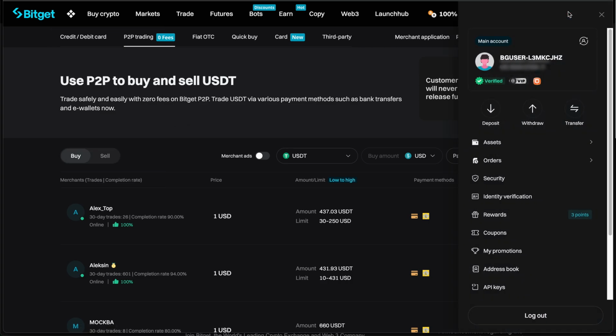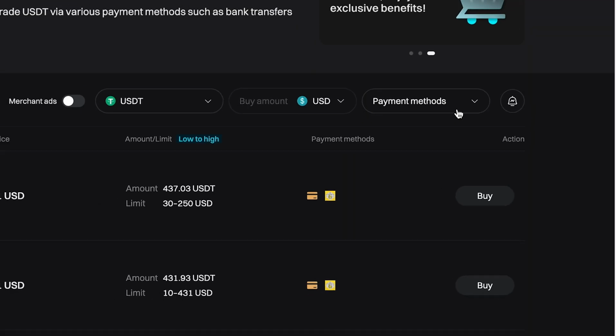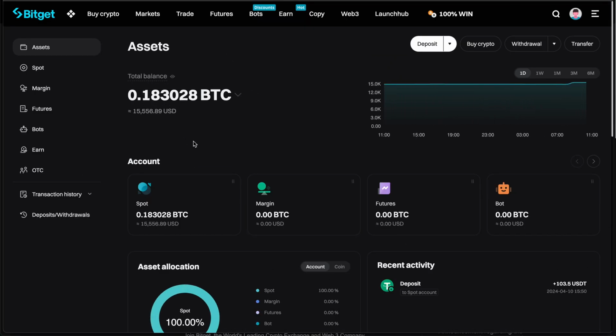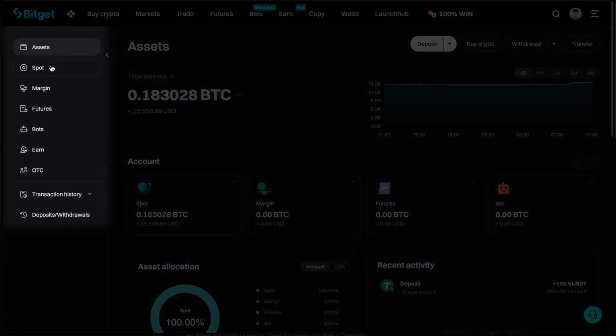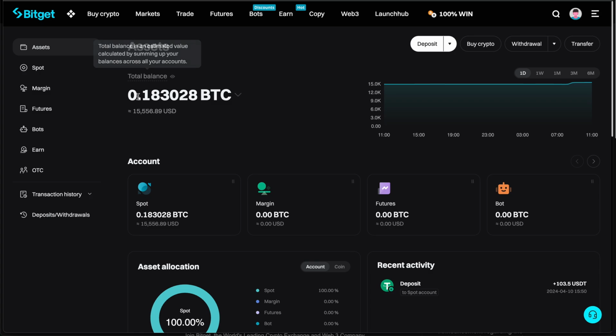Once you have funds in your account, you can again click this menu, go to Assets, Assets Overview, and the funds will be deposited here. As you can see, this is a platform I use myself, and you can get an overview on all your assets. Now, Bitget has lots of different accounts that you can use, so let's give you a quick rundown on